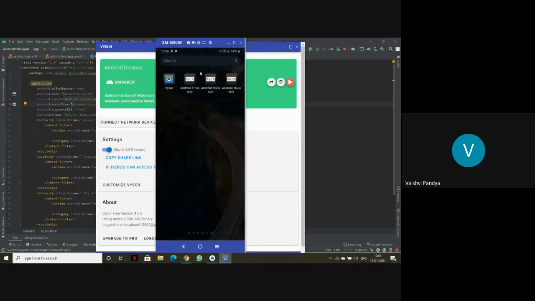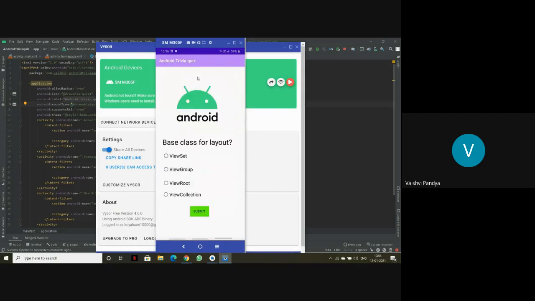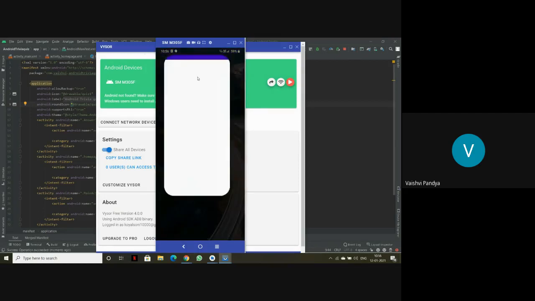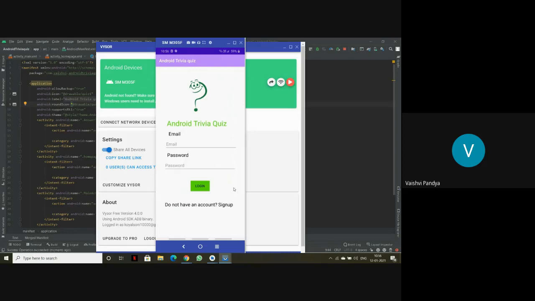Here, this is the third file. This is the second page that we have made. And this is the overall one that we have made. Another thing we can do in the Android manifest file is change the name of your app.